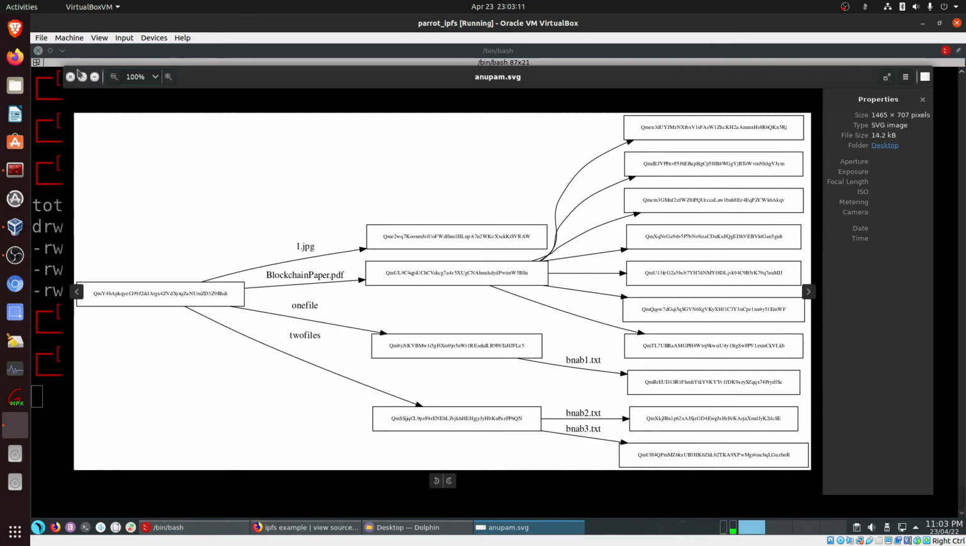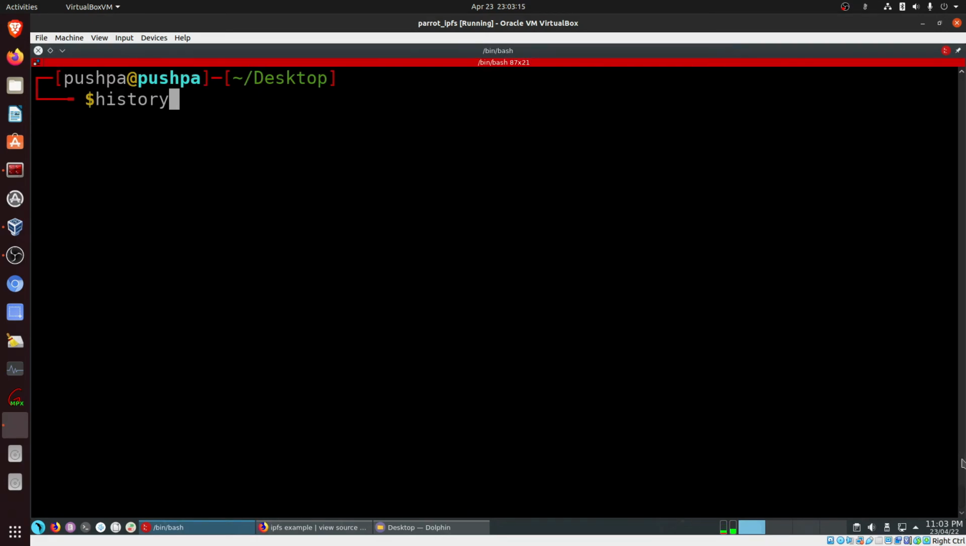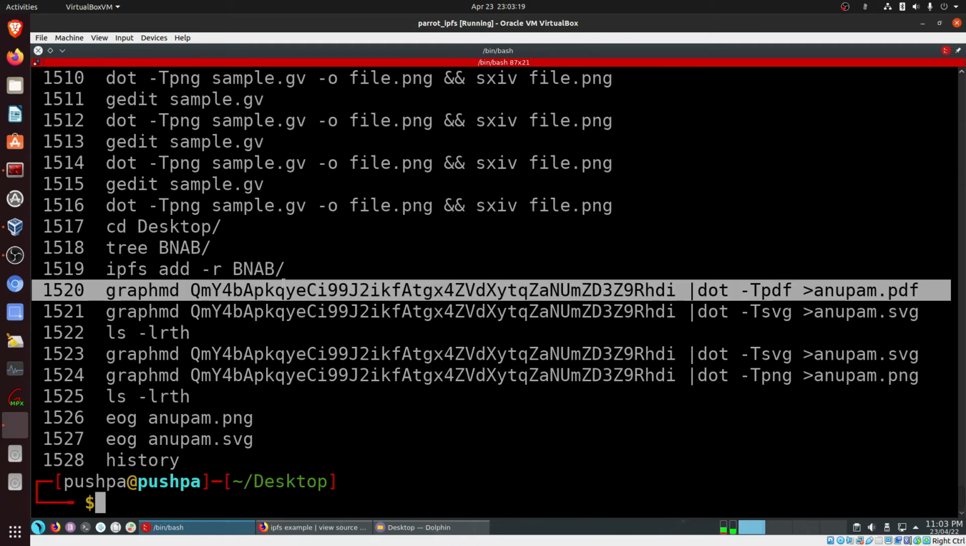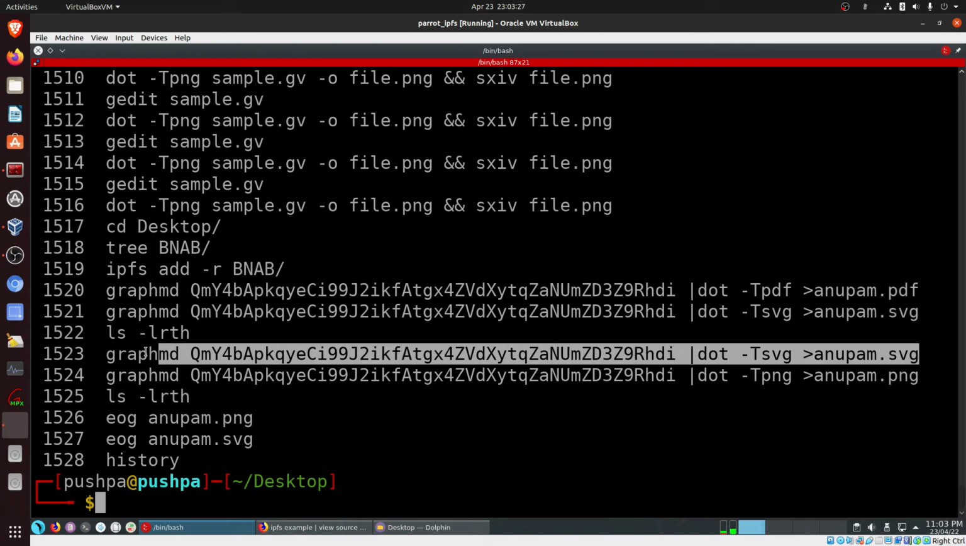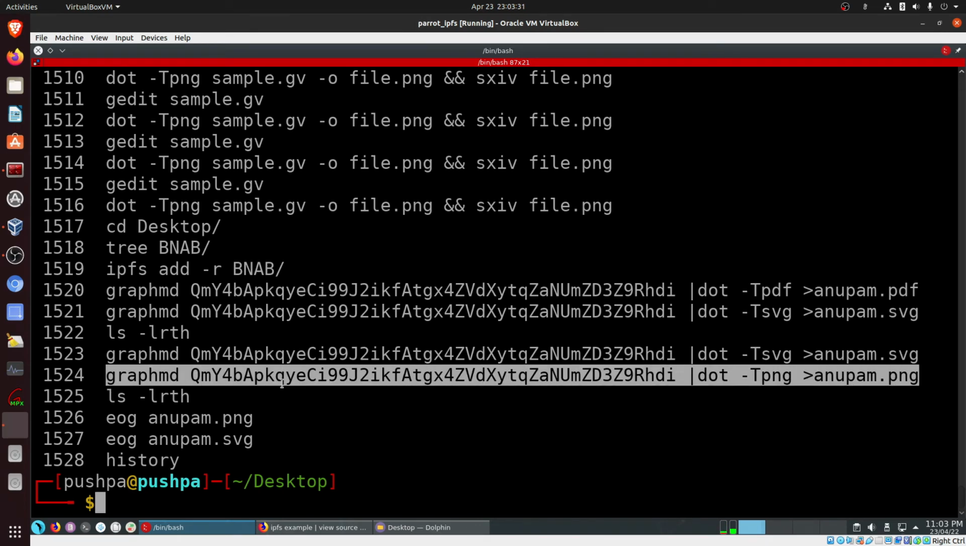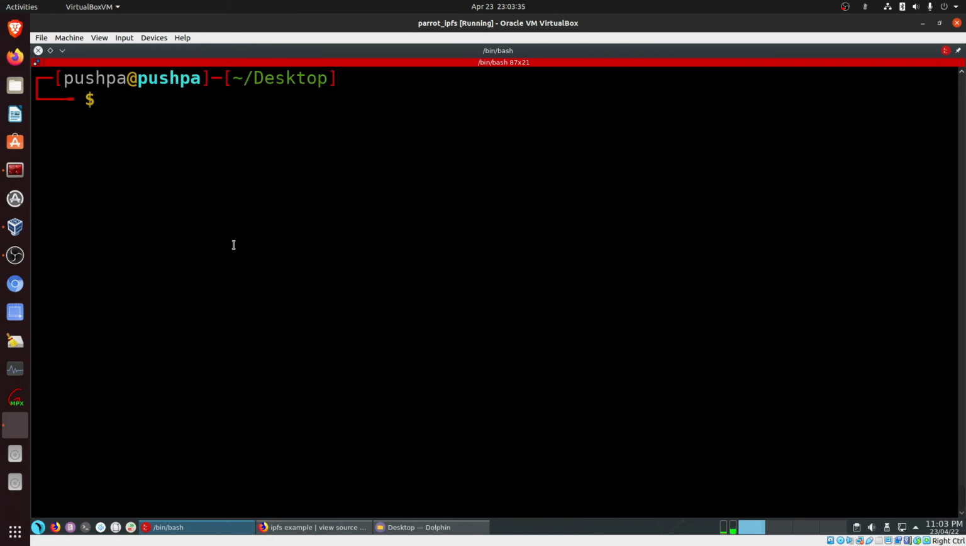So there are 3 commands here that I have shown you. I'll just show you on the history. So one is the PDF, if you want to create a PDF out of the graphmd hash. Then in case you want to create an SVG, this is the command, and in case you want to create a PNG out of it. So that's all. So this has been a very small video, but a very powerful tool has been described here,